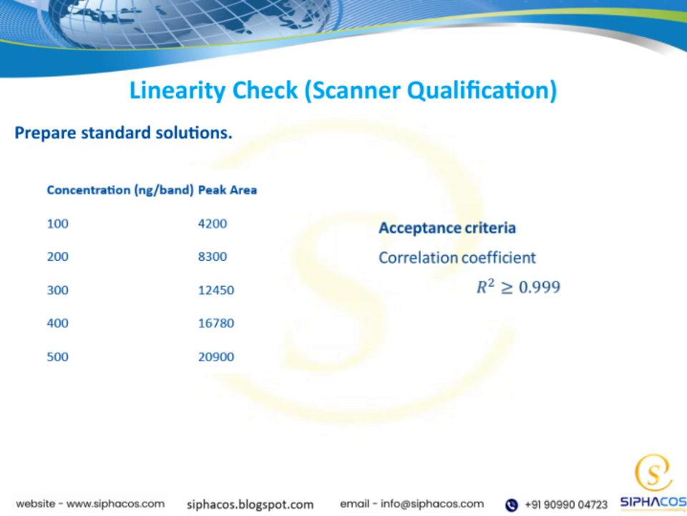Next, we'll discuss the linearity check, also known as scanner qualification. This is about confirming that our scanner or detector responds proportionally across a range of concentrations. In other words, if we double the concentration, the response should also double. Performing this check is important because it ensures our instrument provides consistent and proportional readings, which is fundamental for valid